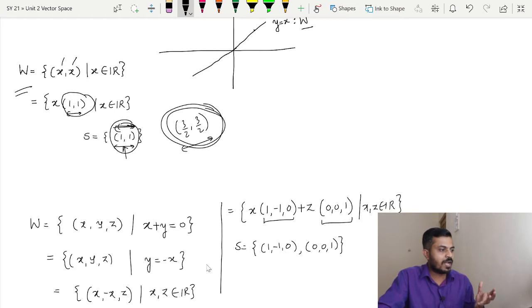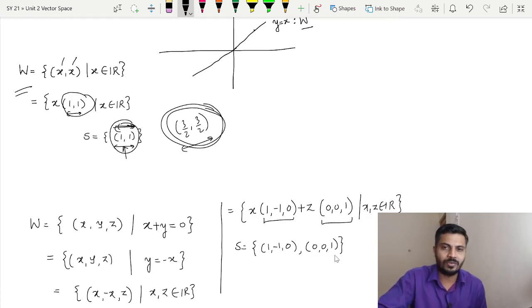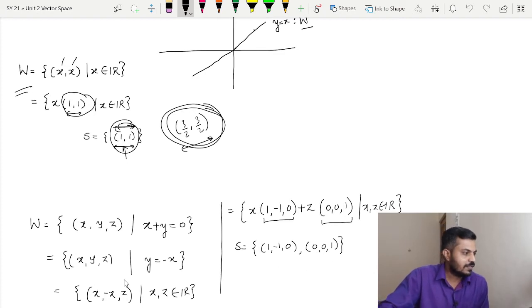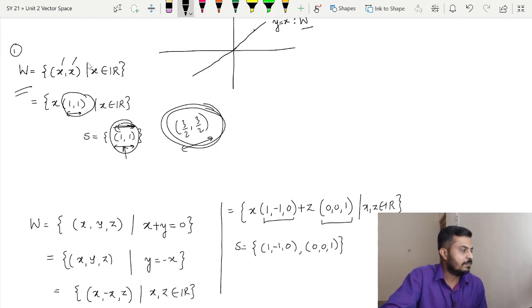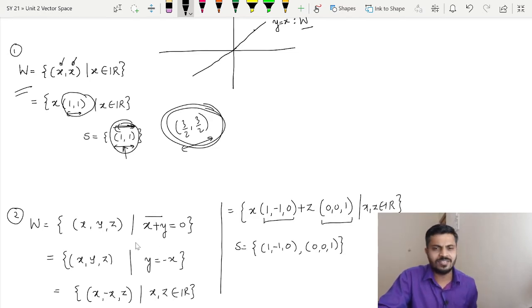Now this calculation part we are going to study in detail later on, how to do it, and we are going to go through a lot of examples in future. But right now just try to understand, try to pick one element of W. Remember, what is the speciality of elements of W? In the previous example the speciality was that the x coordinate and y coordinate were both the same. Now in the second example, what is our speciality? The sum of the first two coordinates should be 0, and there is no restriction on the z coordinate.